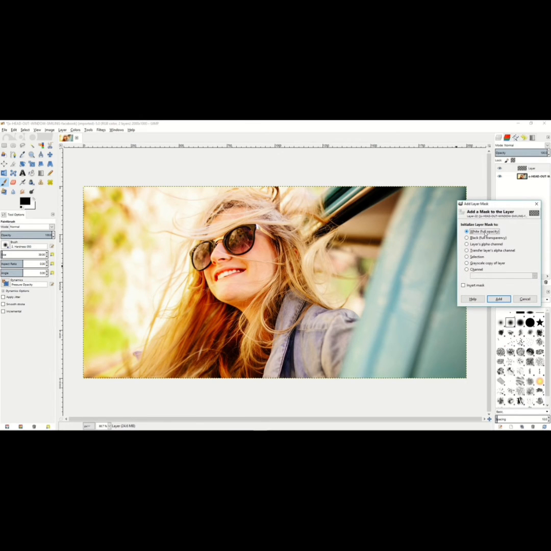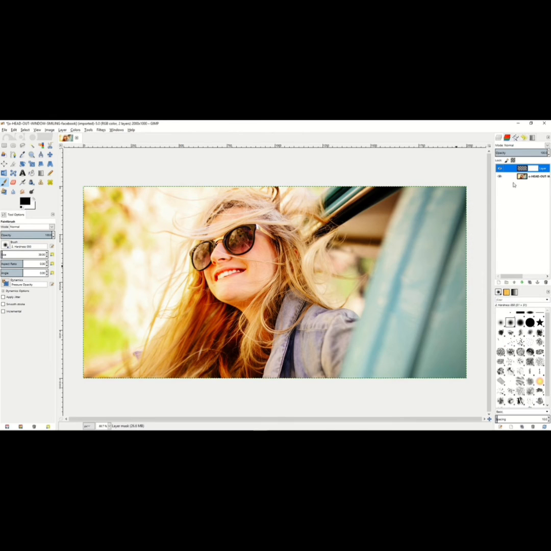Make sure that it's set to white so it's full opacity. And you want to change this layer's mode to saturation. By changing this layer's mode to saturation, you'll be able to change the opacity of the saturation on the layer. To get the saturation on the layer, you'll go over to the bucket tool and you will put in